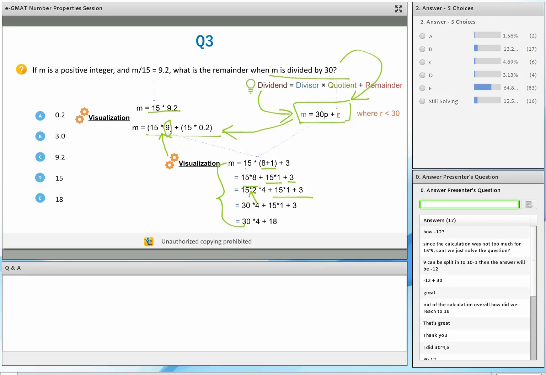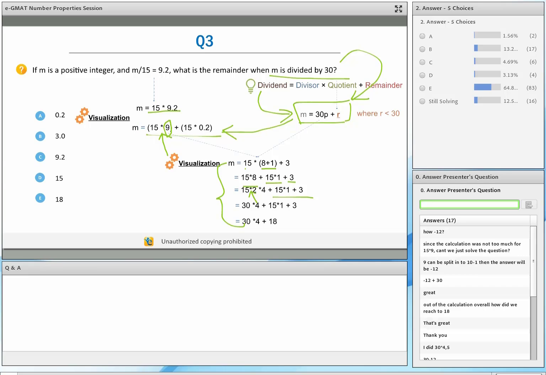And again, you can do calculations. I'm not saying don't do calculation, but my only point is that the GMAT doesn't expect you to do calculations upfront, right? Your calculation should be limited towards the end of your solution. And if you end up calculating upfront, then you're losing opportunities to learn, to build your skill set